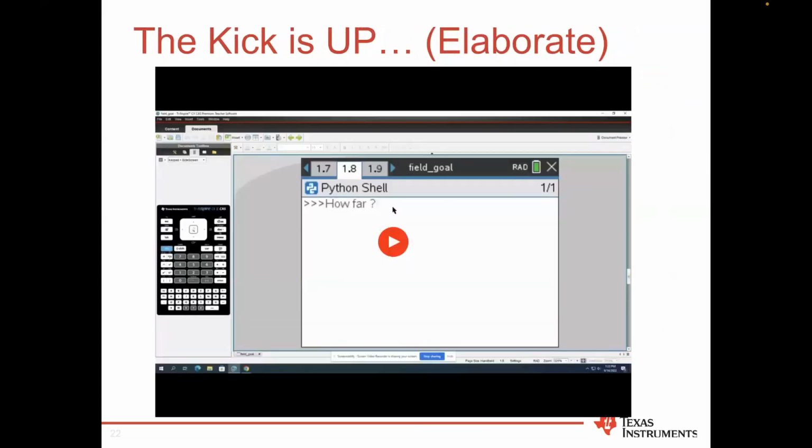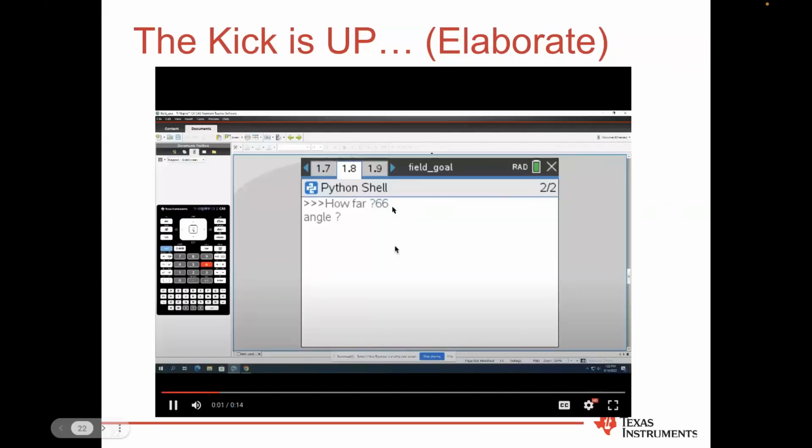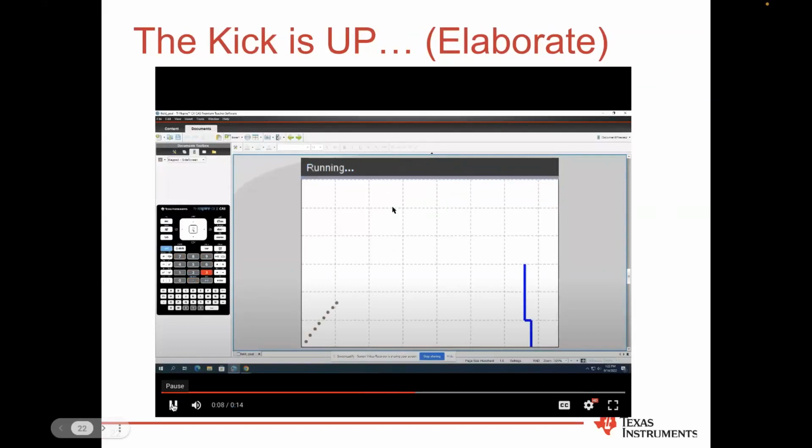All right. So then in the elaborate part, where I said before with the elaboration, that's really where we as the teachers in the model are going into more information behind it. But I also want the students to be able to elaborate on what the information that they're getting is and what it means, and is it realistic. So I put some of my data in from before, and I decided I would go with a 66-yard field goal. And then I put in the information that I had from before when I was punting the ball. I had gone through and calculated that, so again, the angle and the feet per second in there. And as I kick this one from 66 yards,